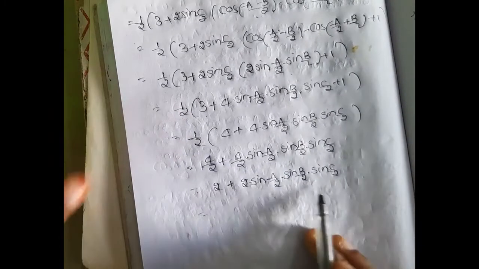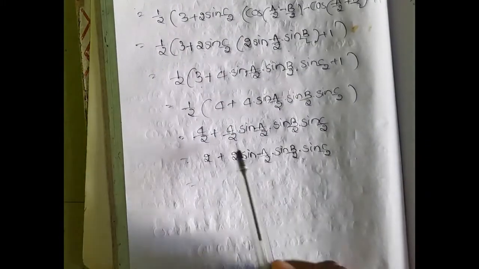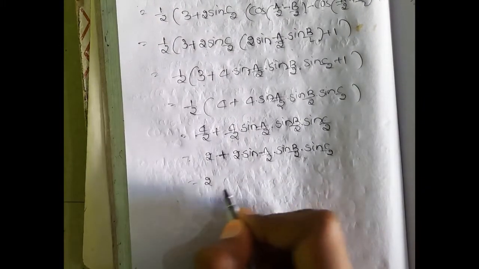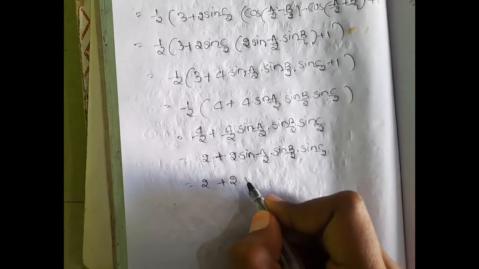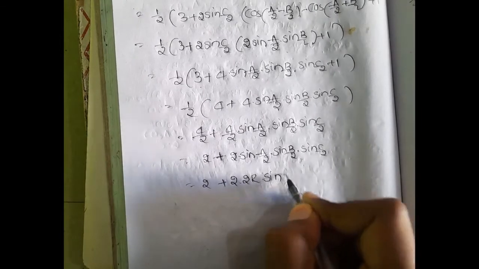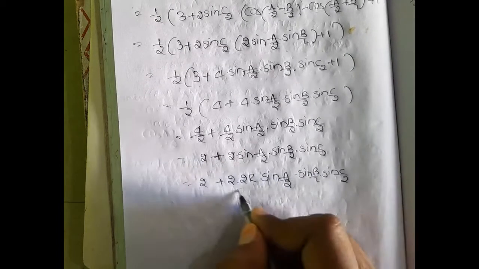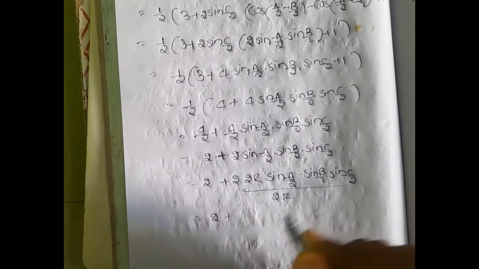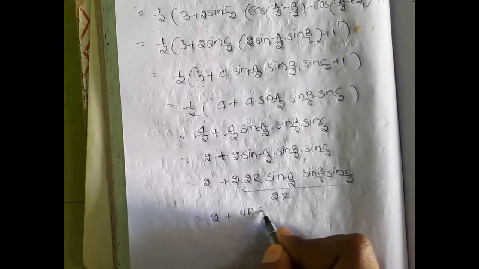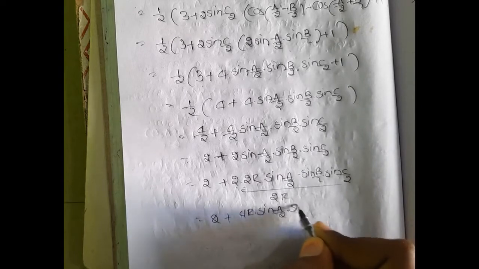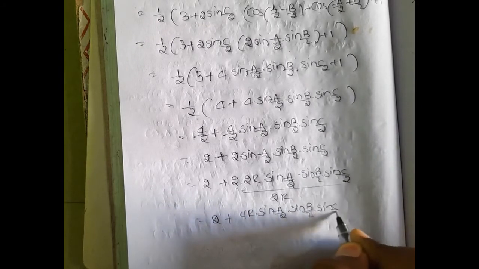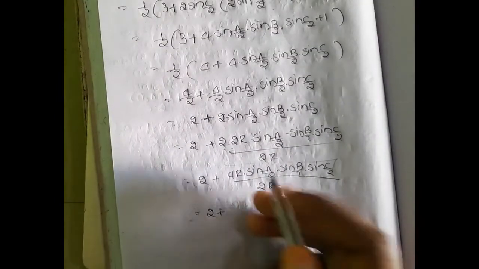So up to here this is the same as the problems in transformations, but here in properties of triangles we have small r and capital R as extra. So multiplying and dividing with 2R: sin c by 2 by 2R. 2 plus here 4R sin a by 2 sin b by 2 sin c by 2 over 2R. Now 2 plus, what is the formula of this? Small r by 2R. So we got the RHS, hence proved.